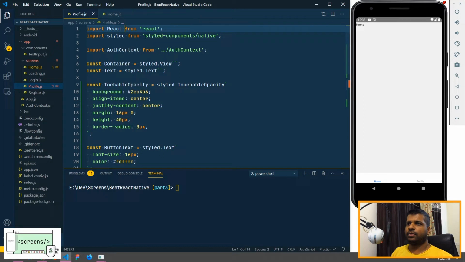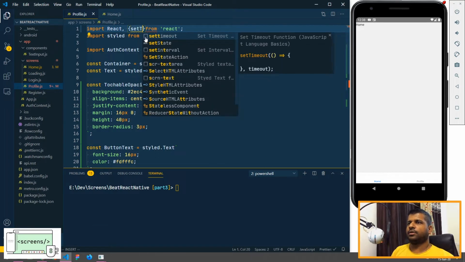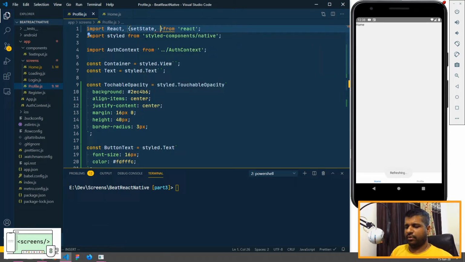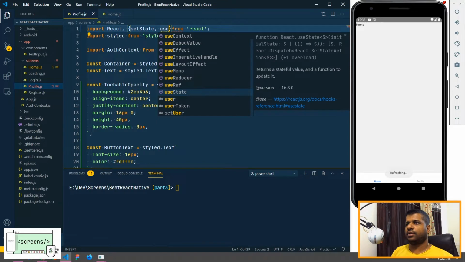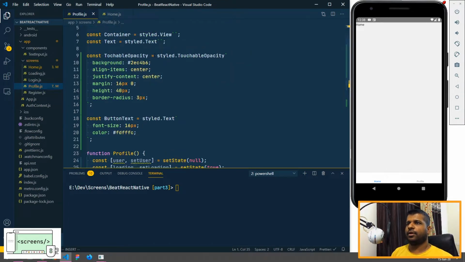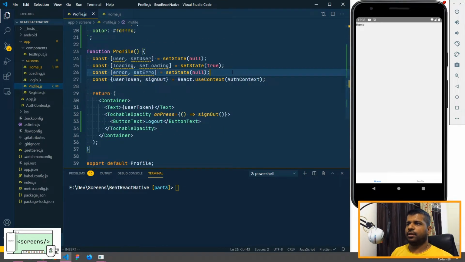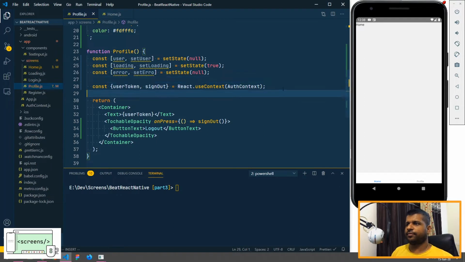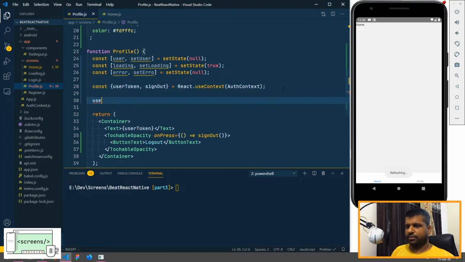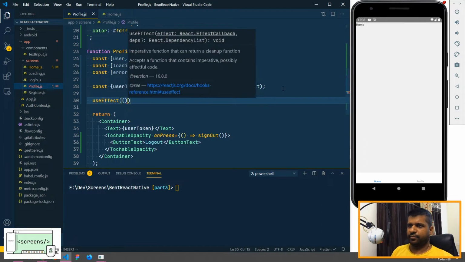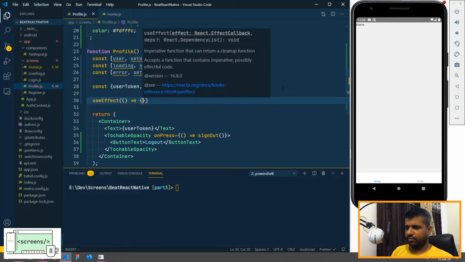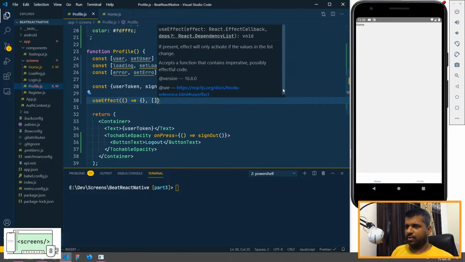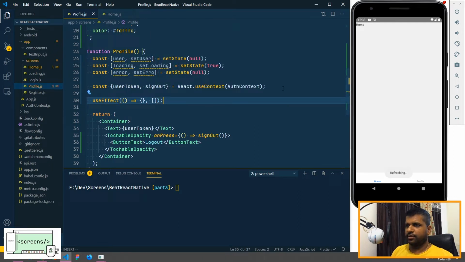Okay, we need to import set state, and we'll also import use effect. Okay, so now I'll create the use effect hook. The second parameter takes the dependency.